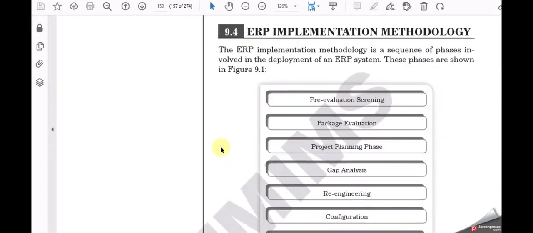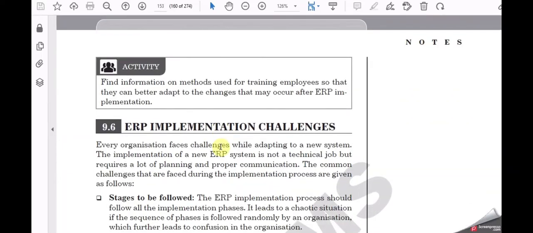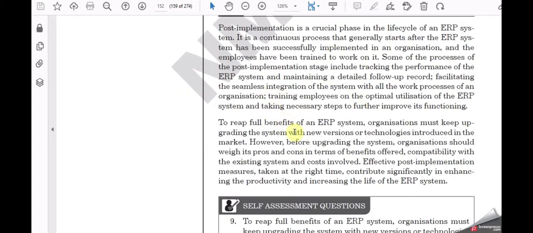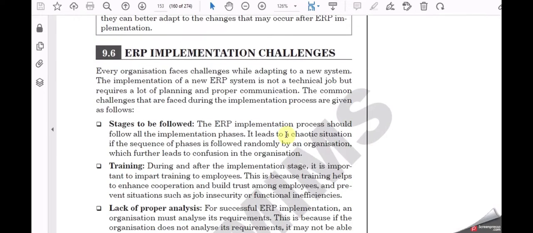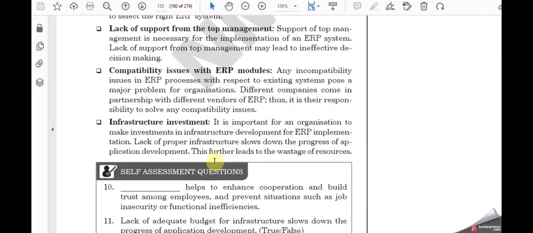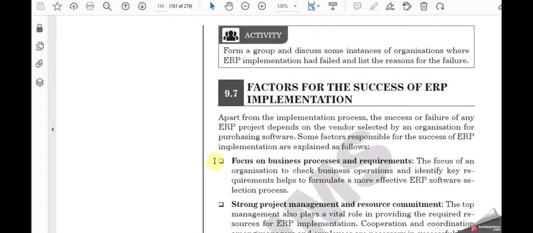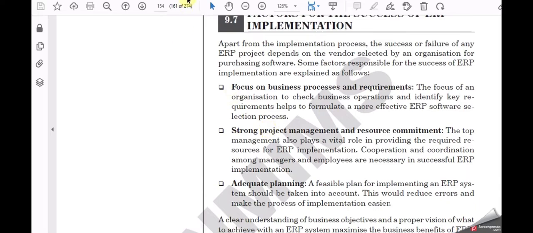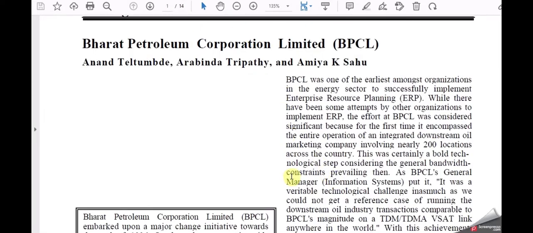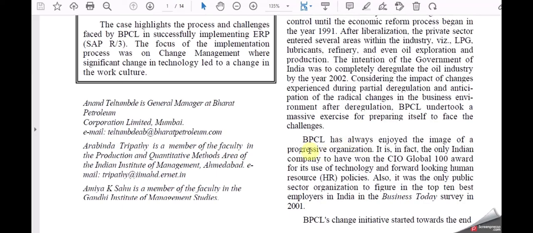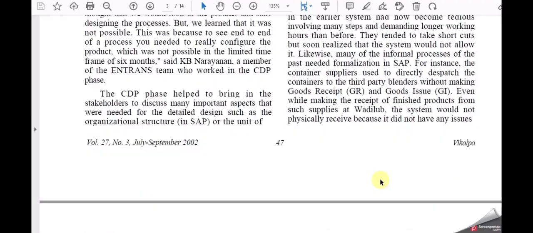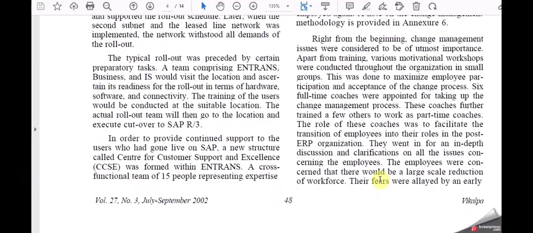Okay. So this is our post implementation part of it. Try to get a little information from here for post implementation and ERP implementation challenges. You have it here. Then factors for successful implementation. So once you have this information, then again you have to go back to the case study. Post implementation, what kind of expectations they had, what the objective was. I think you can come back with the